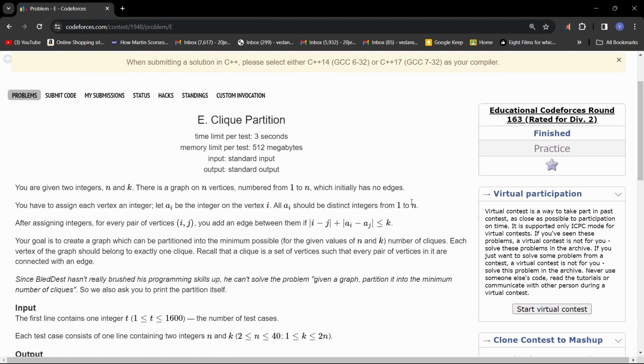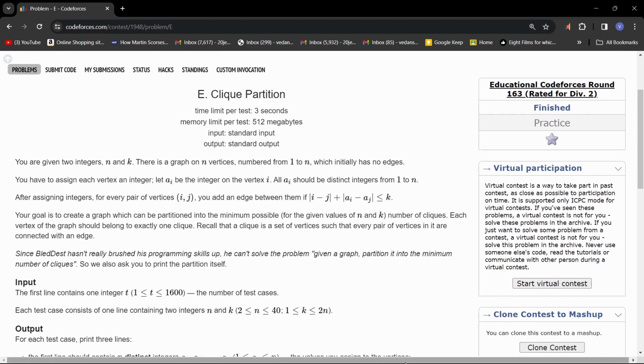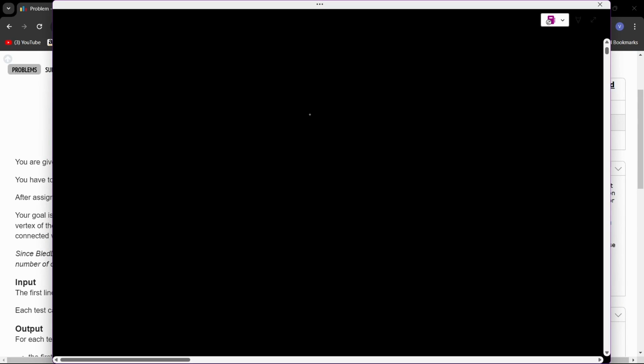Hey guys, I'll be taking on question E, clique partition, of the last Codeforces educational round. First let me tell you what the question was about, then we can move on to the solution. In this question, you were given two integers, n and k, and you have n nodes in a graph,